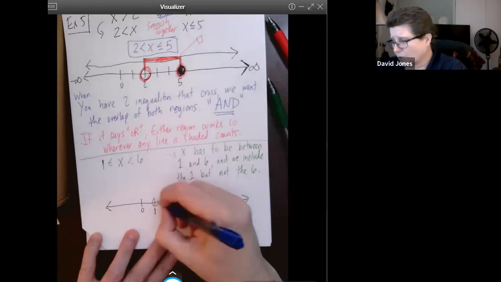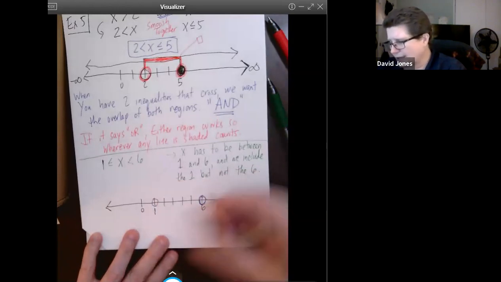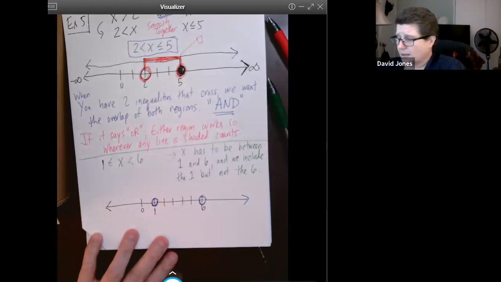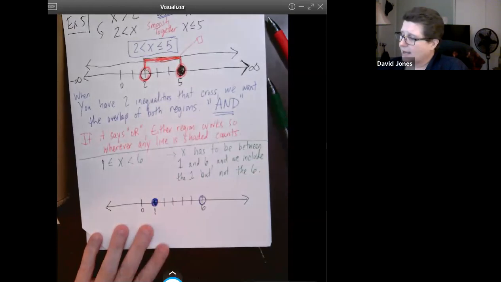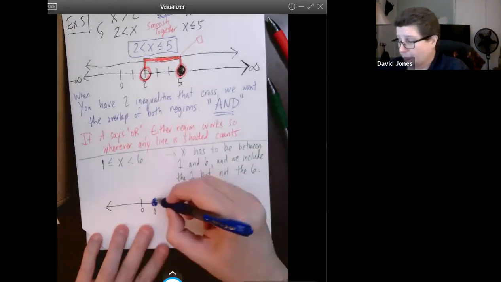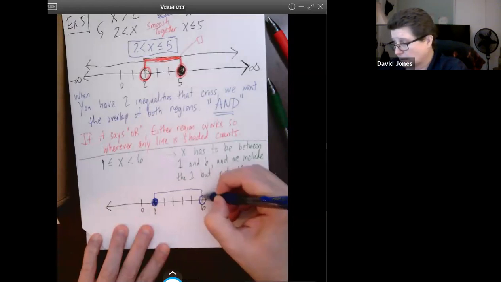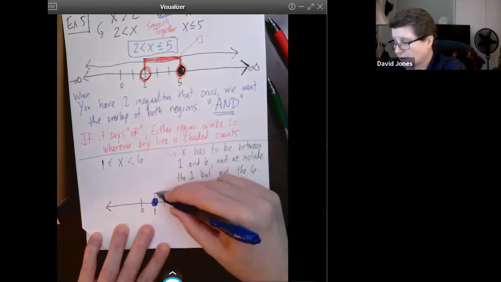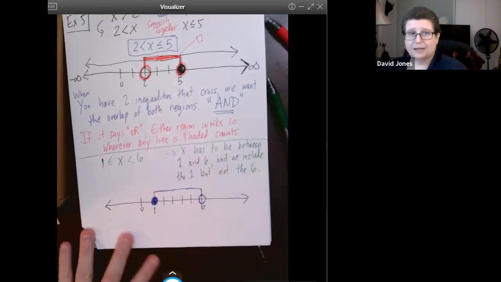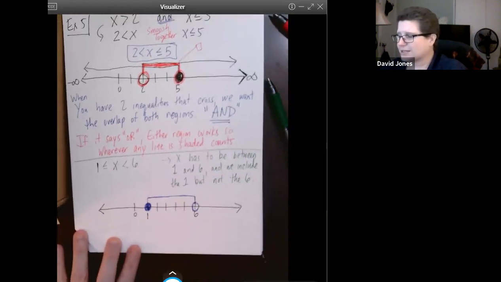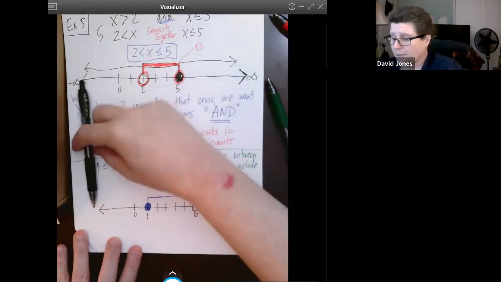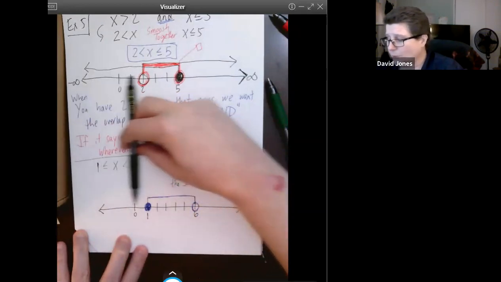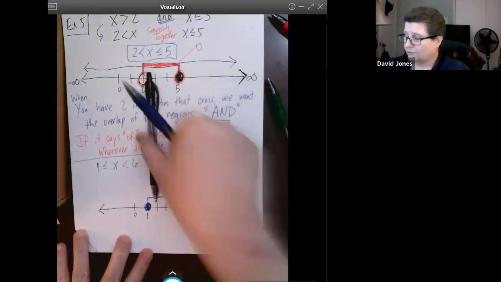I'm going to put a circle on the 1, a circle on the 6, because they're both in the inequality. The 1 has a less than or equal to portion. I'm going to shade it in, and I want values between them. Okay, I'll have you do interval notation on the top after I do it down here. Go back and change it, or write the interval notation on top. Remember, we start at the left, we go to the right, and when we hit it, we start writing the interval. The interval starts at 1,